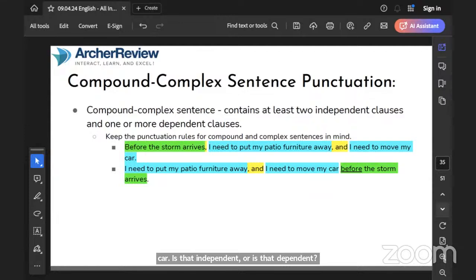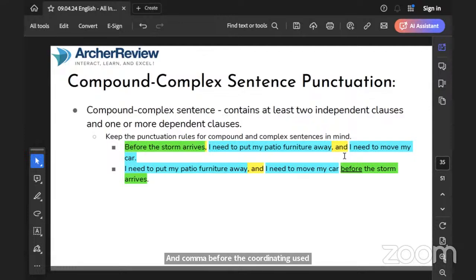Independent. Good. Yes, y'all are correct. So, since I've got that coordinating conjunction "and" in between these two independent clauses, that coordinating conjunction has to have a comma come before it. So, this sentence actually requires two commas: a comma after the dependent clause, and a comma before the coordinating conjunction used to